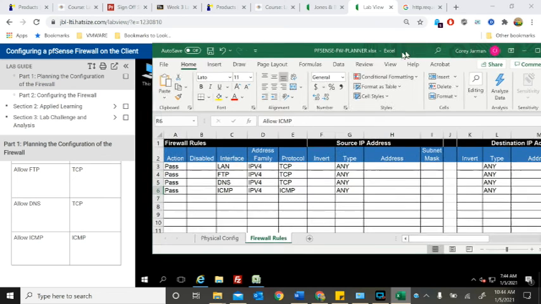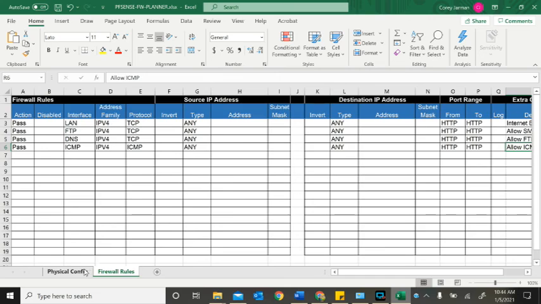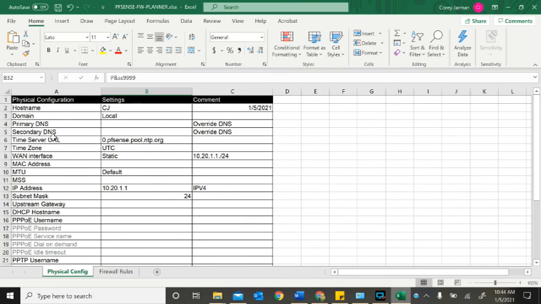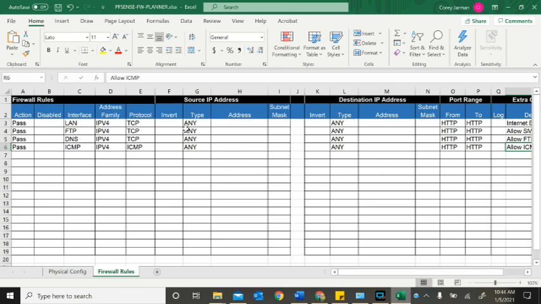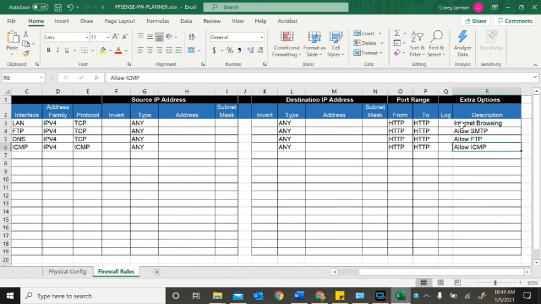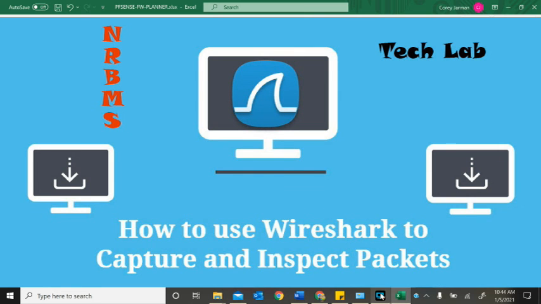Okay. And that's basically how we created our ACL. Here's the physical configuration: the host name, primary DNS, time zone, IP address, subnet, so on and so forth. Do not block, admin password, and then the firewall rules. So basically, any IP with these protocols and these interfaces, they're allowing it to pass through the traffic using HTTP, and this is what these connections are for. All right. So hopefully this helped you in creating